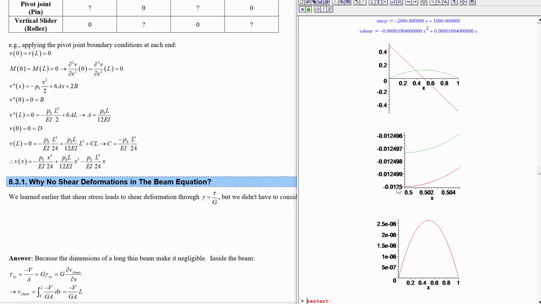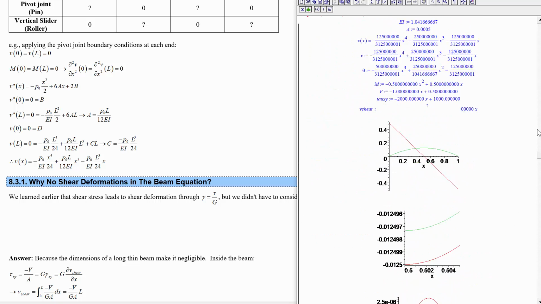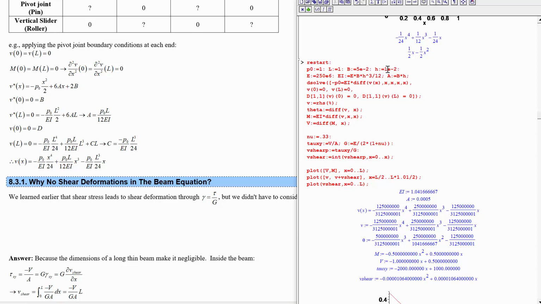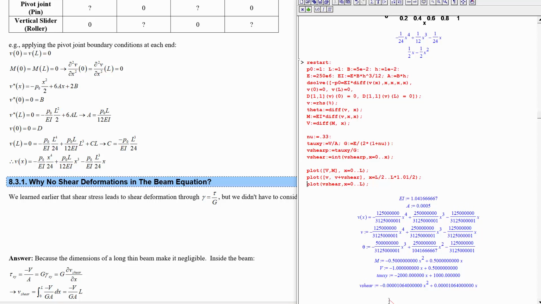around what, 5,000 times more displacement than the shear deformation? Yeah. Now that is going to depend on the dimensions of this beam. So let's see if we can systematize this. We'll find out